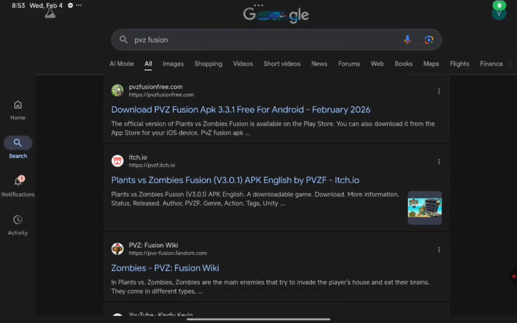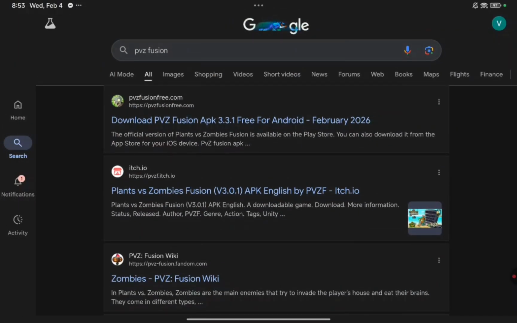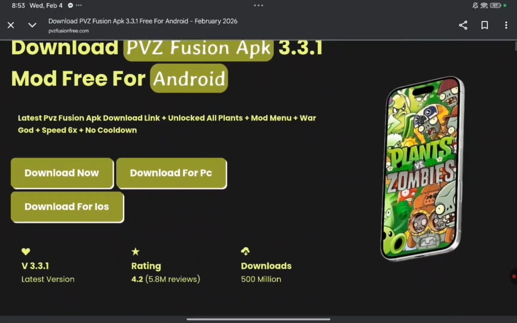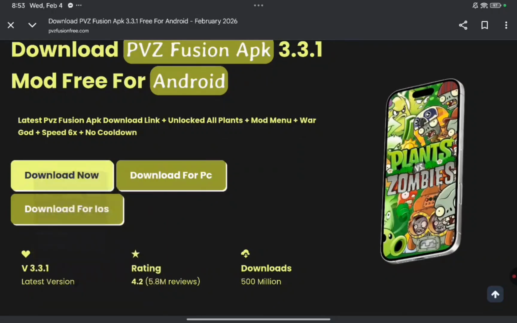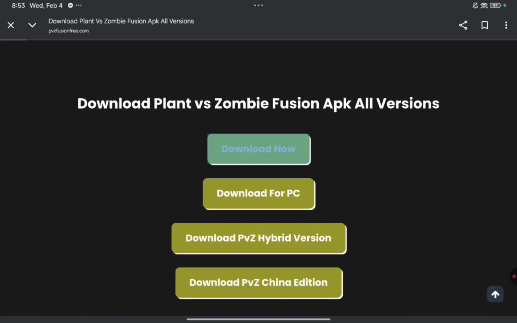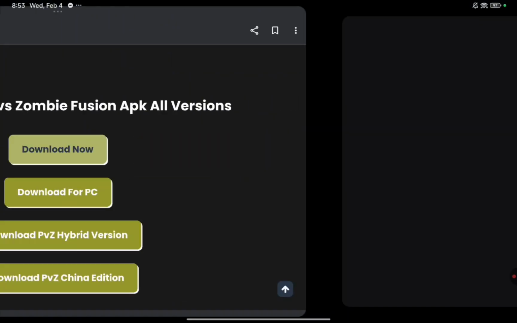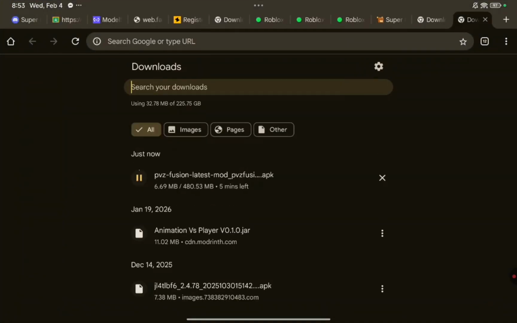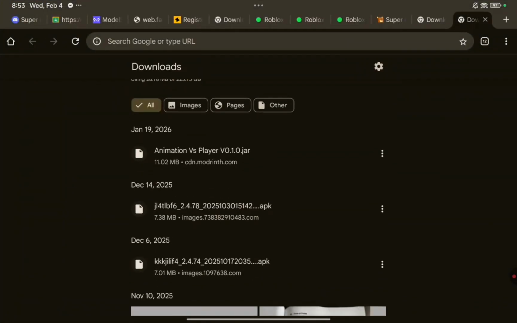Next, please tap this. It says pvzfusionfree.com. Tap it and press download now. Download now. And press download now again. And it's gonna download the file. So if it downloads the file and the file is done,